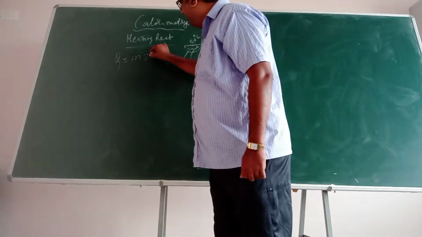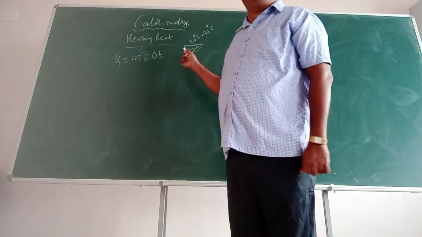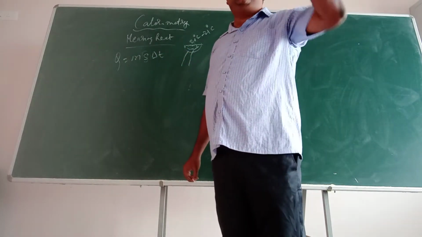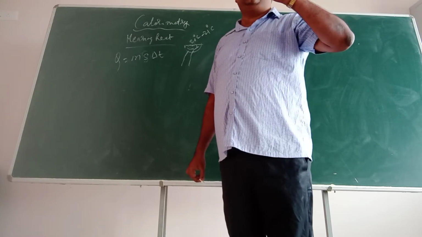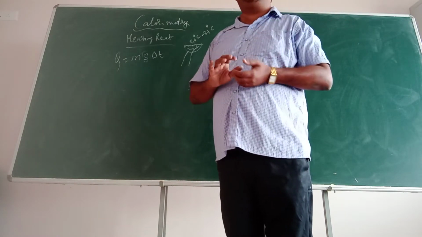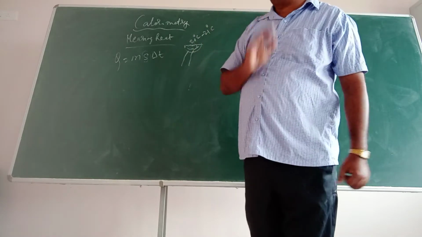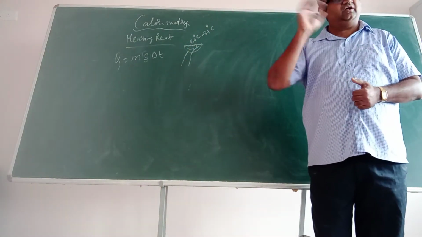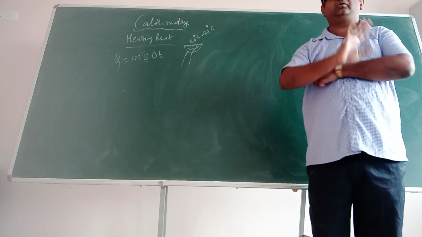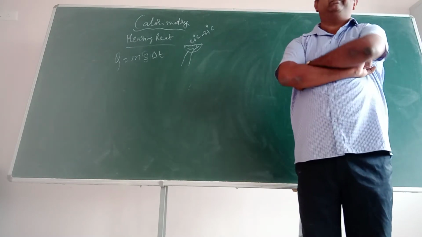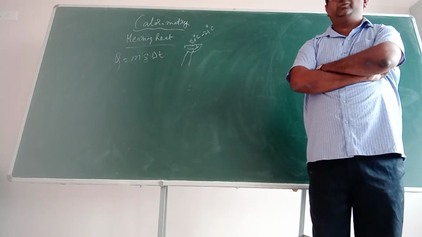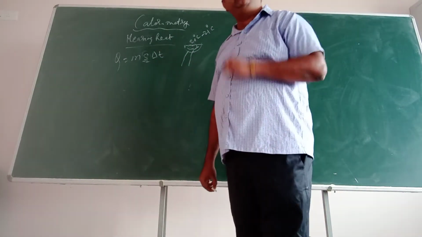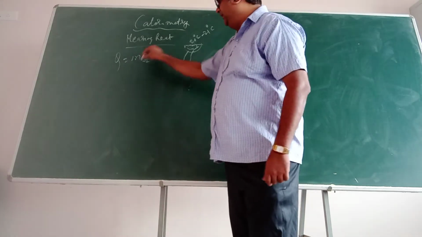So this is for 1 degree. Suppose it is a 10 degree rise, that is delta T. Here delta T is 1. For specific heat it is 1 degree. Clear? Specific heat means how much heat is required to raise the temperature of this object by 1 degree Celsius. And here you are also saying that mass is equal to 1, you are talking about 1 gram. So for 1 gram, what is the heat required? S. For m grams, m s.